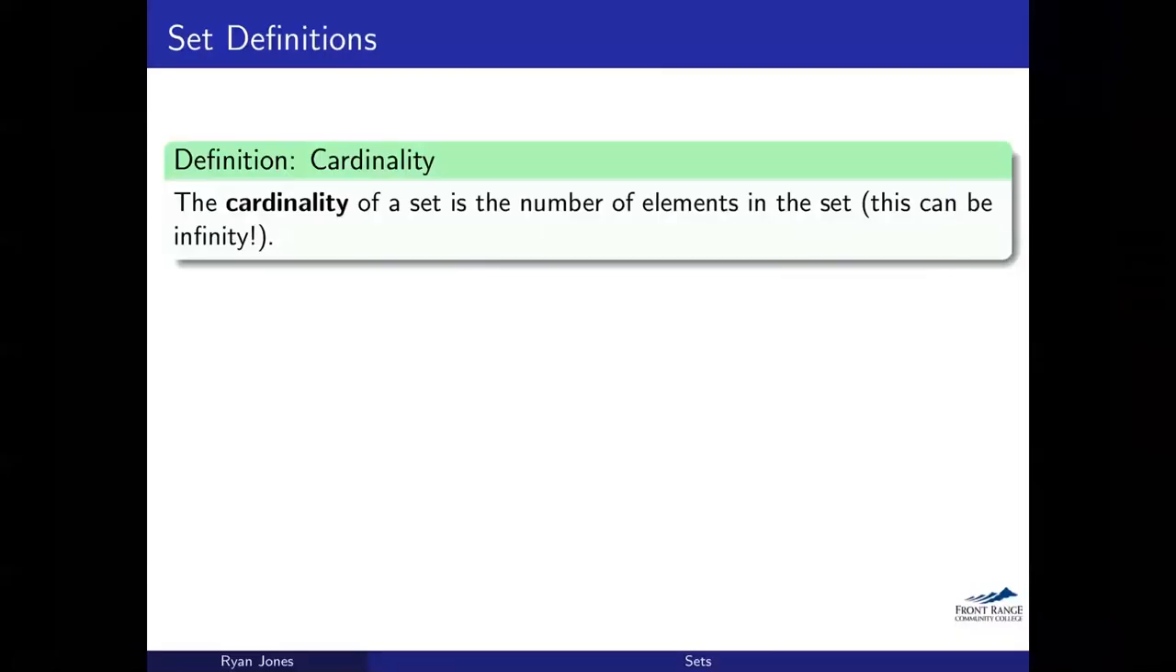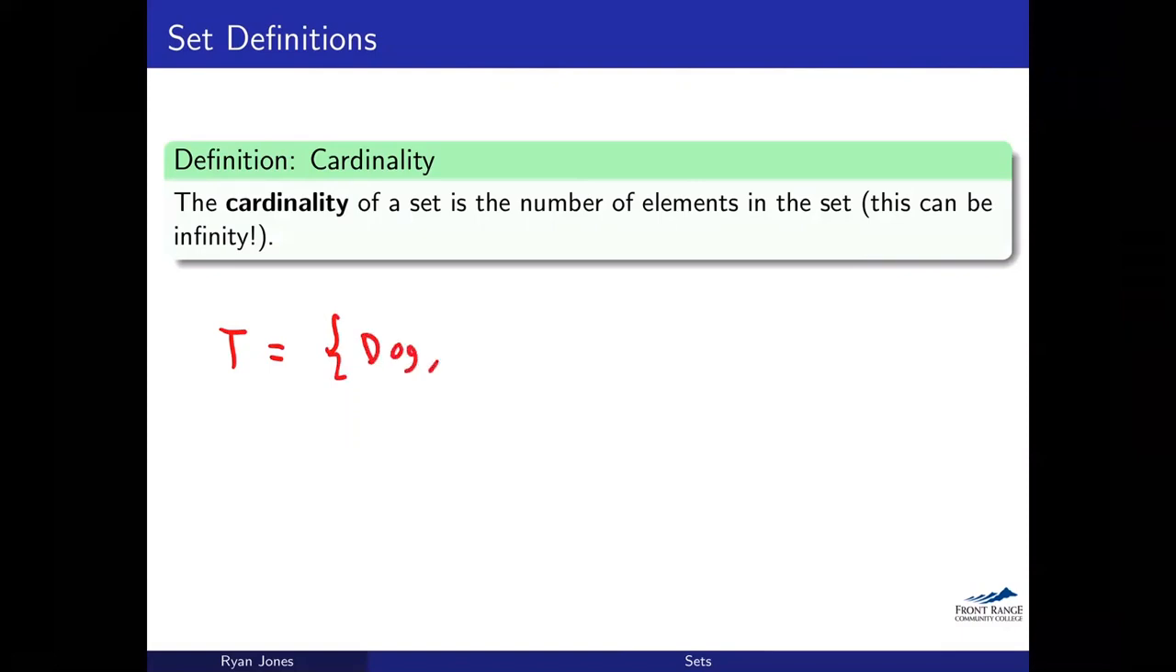You won't hear me talk about this too often, but it pops up enough that it's worth talking about. The definition of cardinality, and it's very simple. It's just the number of elements that are in a set. So if I give you a set here, let's call it T is equal to